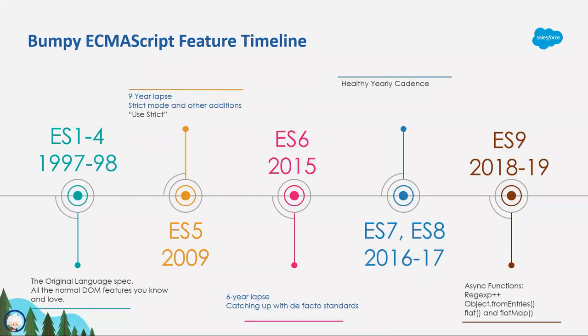All right, so quickly, the timeline. ECMAScript is a language specification. It is not an implementation, which JavaScript is an implementation. ECMAScript is the body that took over the language specification. They've had a bit of a rough road over the past couple of years, with 10 years passing in between releases. But I just want to make that clear, because one of the first standards we're going to go over,